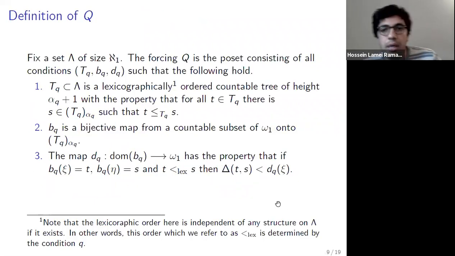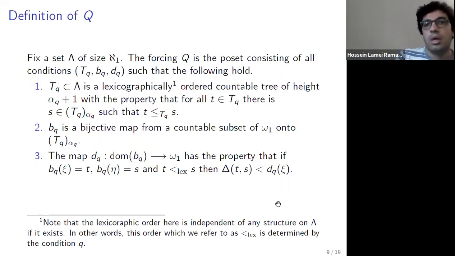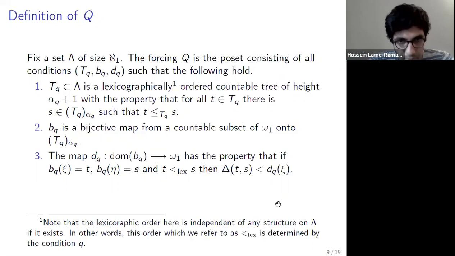Okay, we are going to start generating this lexicographically ordered omega 1 tree by this forcing that we see here. The forcing is called Q, and we're going to call it Q for the rest of the talk. The conditions in Q have 3 parts. The first part is a tree. The second part and the third part are functions that are described as follows. So let's start with the tree.